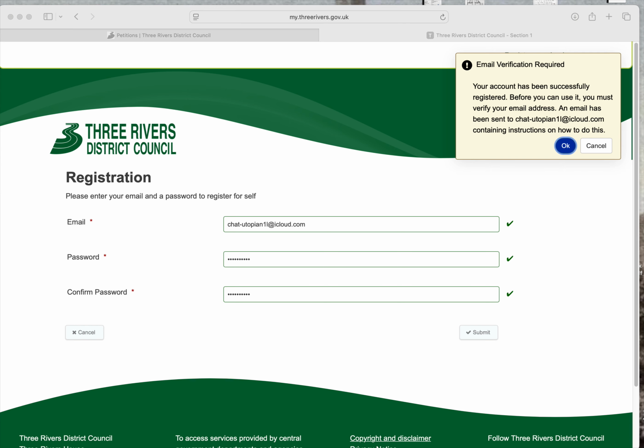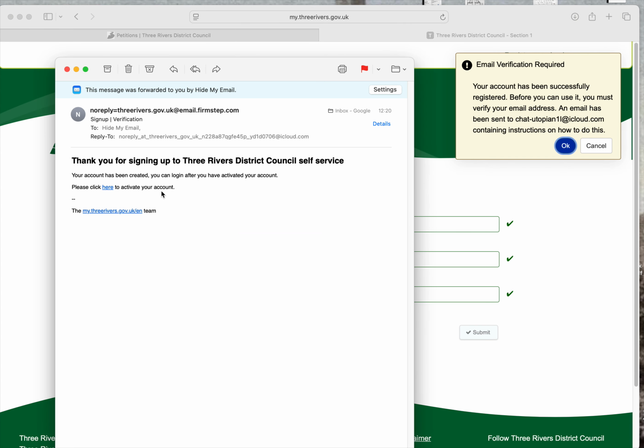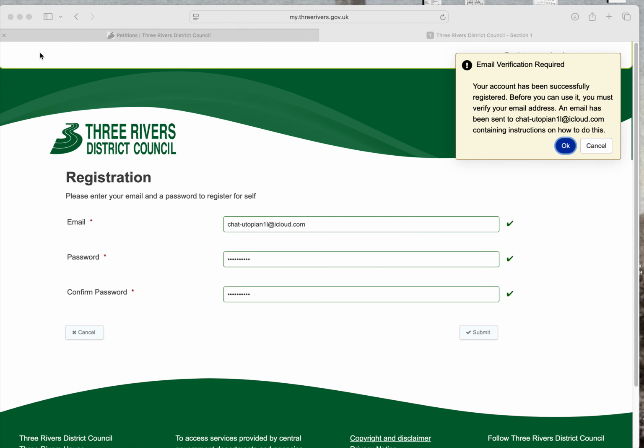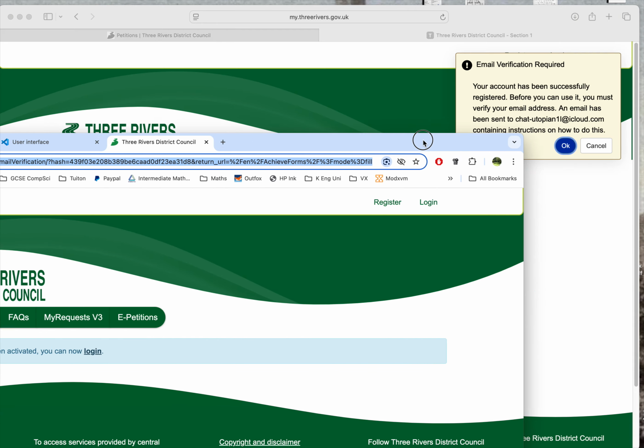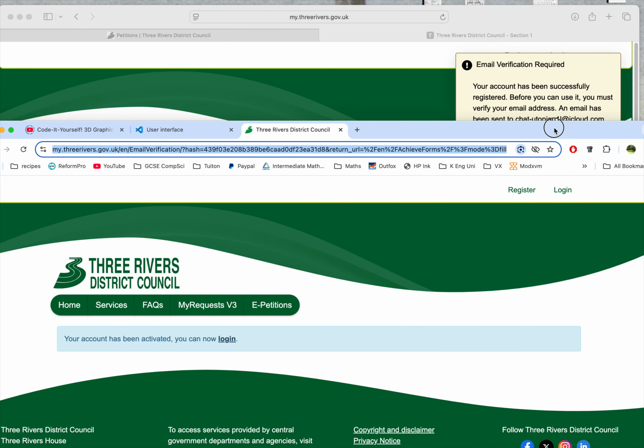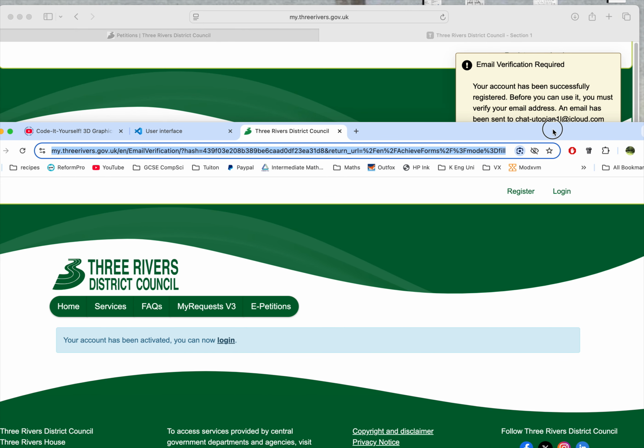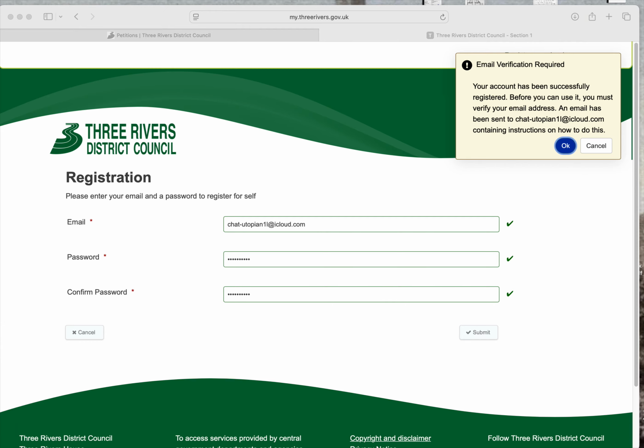At last, the second email has arrived. That took ages. And finally, this one, the account has been created. You can log in after you click here to activate your account. Now, when I do this, it's going to do something weird. I know. It's going to drop me over to my other web browser. Your account has been activated. You can now log in. Great. So now if I come back here,